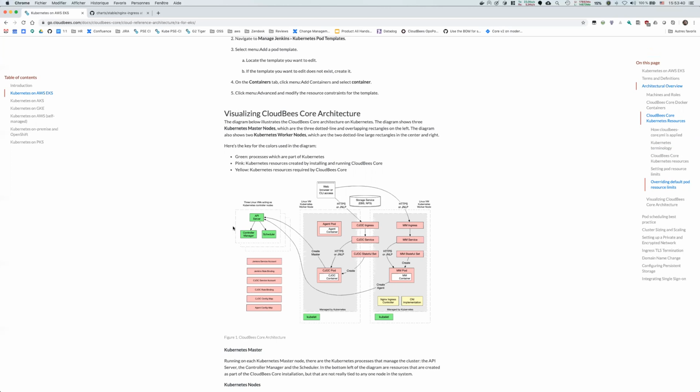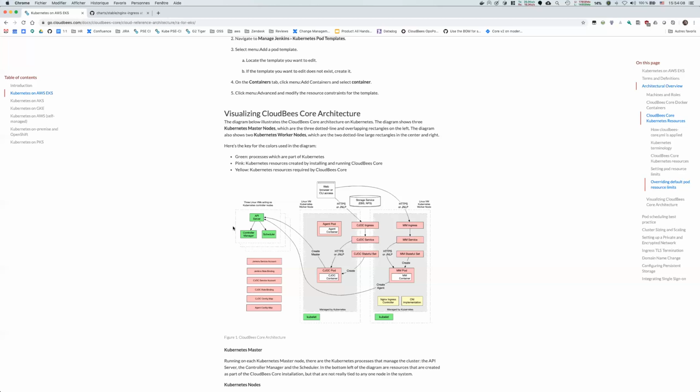If you use the load balancer mechanism I described before, what will happen is that when the JNLP agent calls in, the first connection it does is on the HTTP or HTTPS port, and it reads the headers that are exposed on the managed master or on CJOC, and the headers will tell it, okay, to connect through TCP, you should use this host.